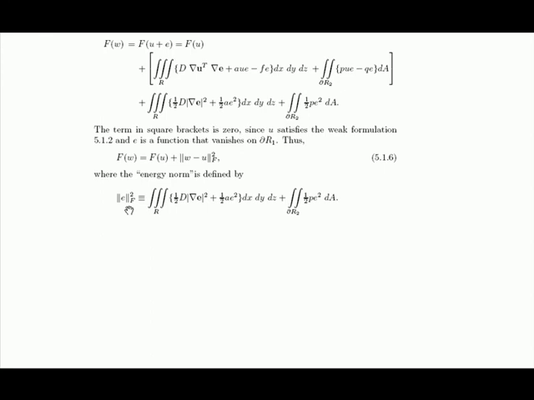Well, it's defined here, and it's a funny, a little bit unnatural norm, but it is a norm, assuming D is positive, which it will be, its diffusion coefficient, and assuming A is positive, which we have to assume. In fact, if A is negative, there's no guarantee that the partial differential equation itself has a solution. Similarly, P has to be positive to be sure that there's a unique solution of the partial differential equation. So assuming P and A are greater than or equal to 0 and D is strictly greater than 0, this is indeed a norm. And in this funny norm, the Galerkin solution is the best of all